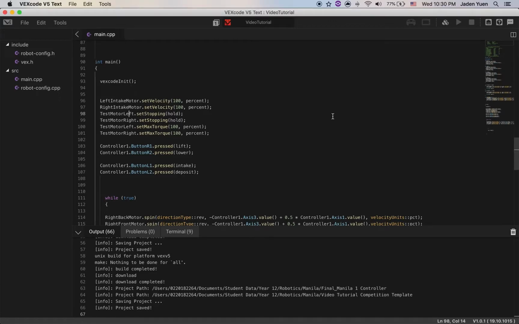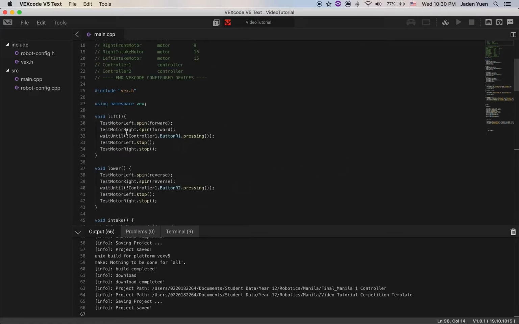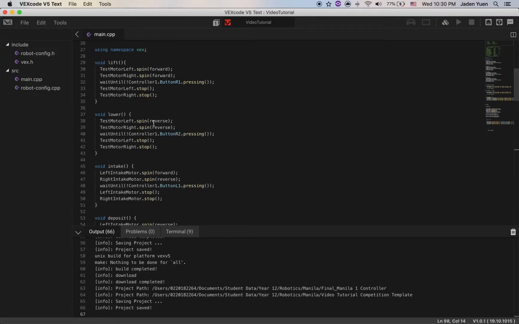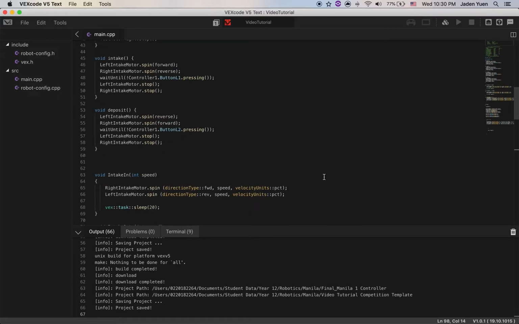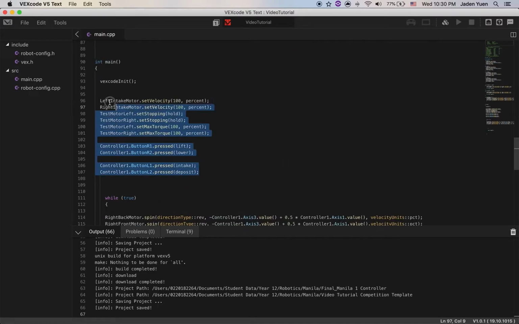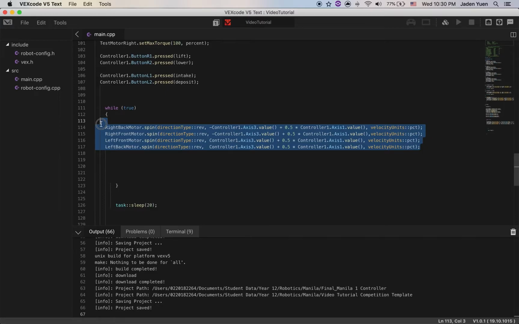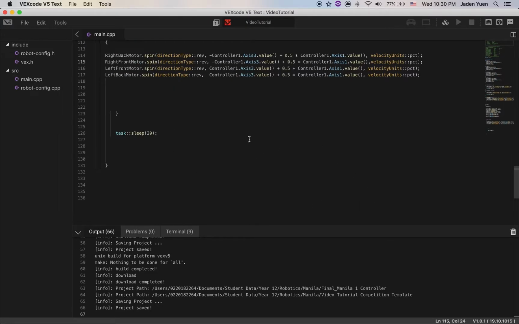due tomorrow morning. But anyhow, at the moment, your VEX code should look something like this, with functions at the very top, such as void lift, void lower, intake, all those self-made functions, and then you should be able to see your initiated pre-autonomous commands, such as setting the velocity, setting the brake type, the torque, etc. And finally, you should be able to have your drive under your while true function, and that's all for your